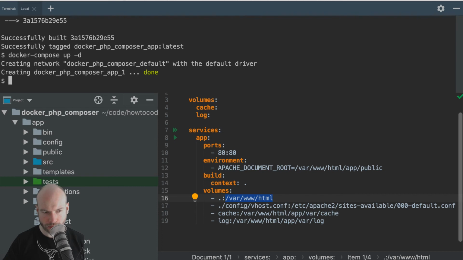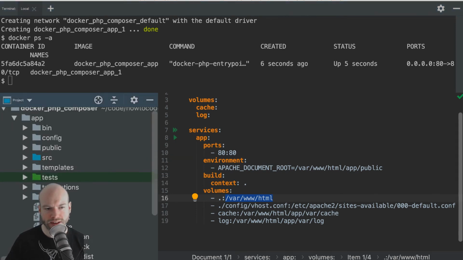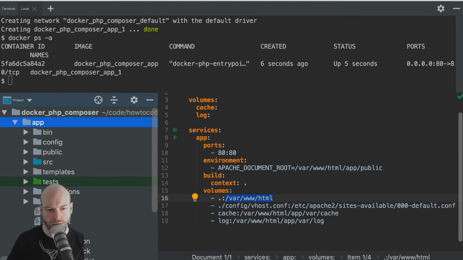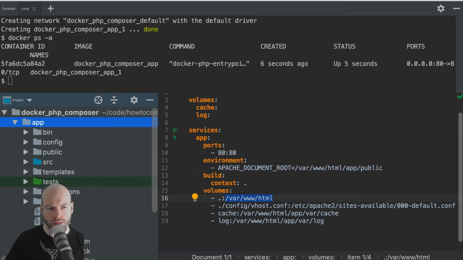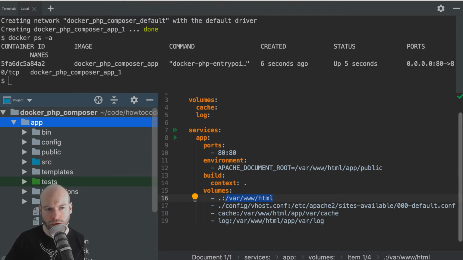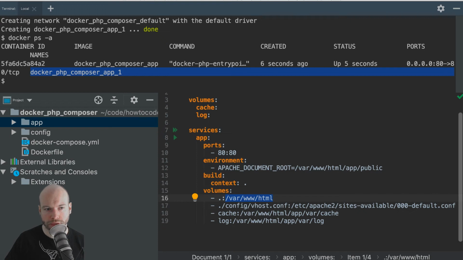So there we go. Let's do a docker ps -a to make sure it's up. It's up. Now notice there's no vendor here. No vendor whatsoever. Not one bit. Okay? The reason is that we created and installed all the bits to do with Composer within the Docker image. The container has been built from that Docker image.